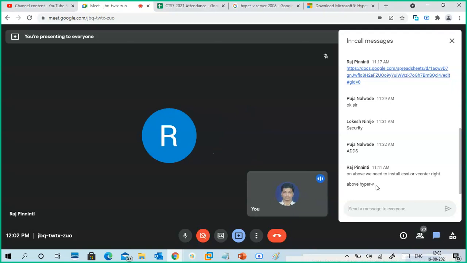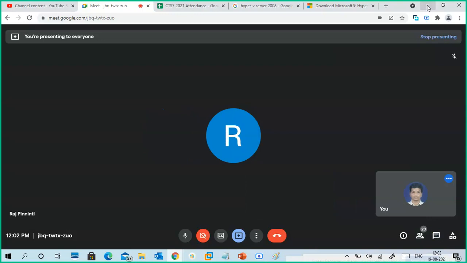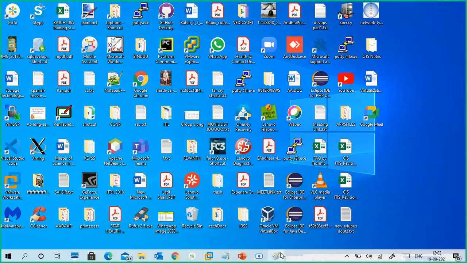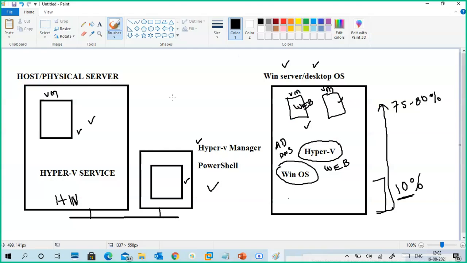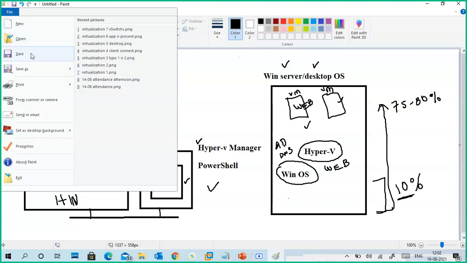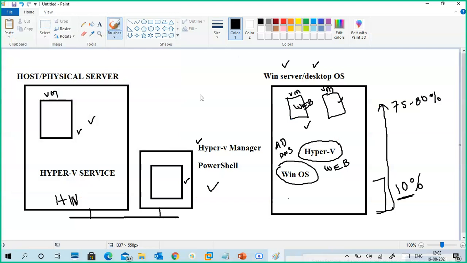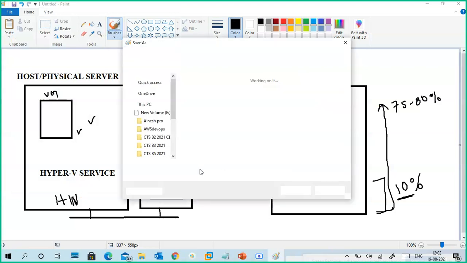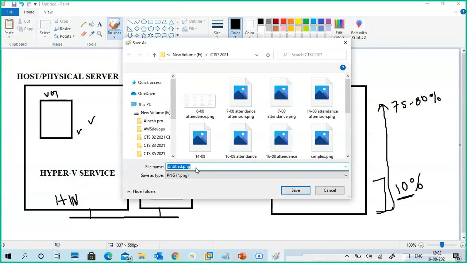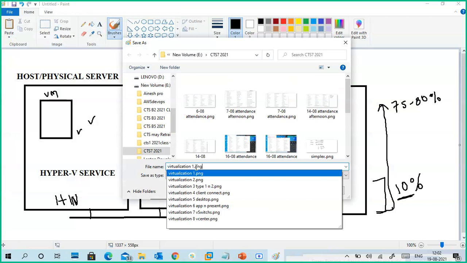No, no, no. It is not a wrong question. That is also good. It is installing, so that's why I am explaining all these things.